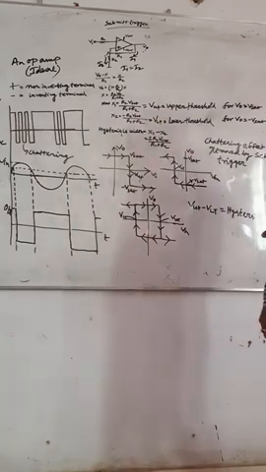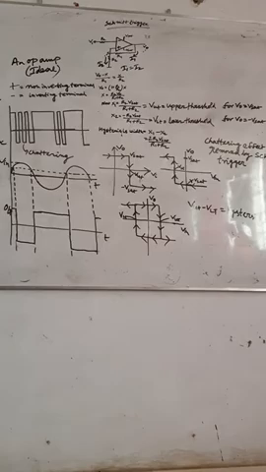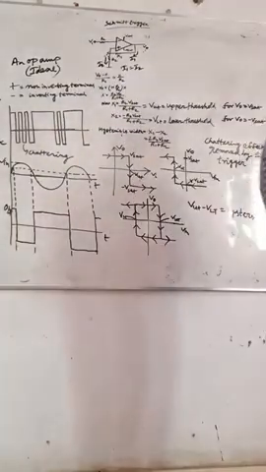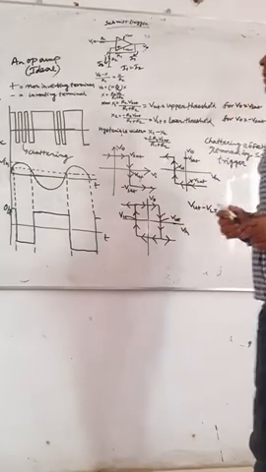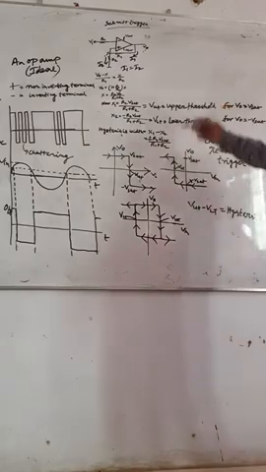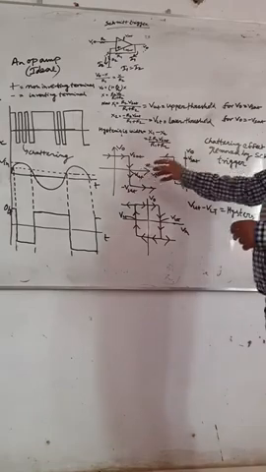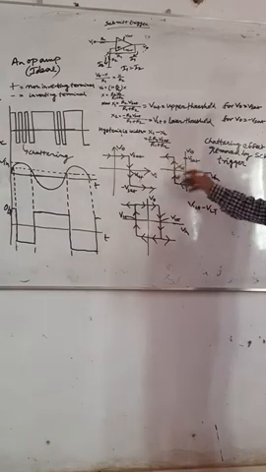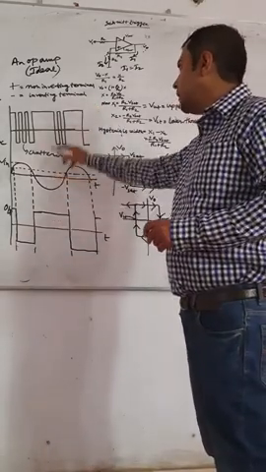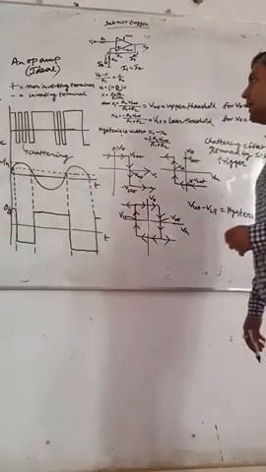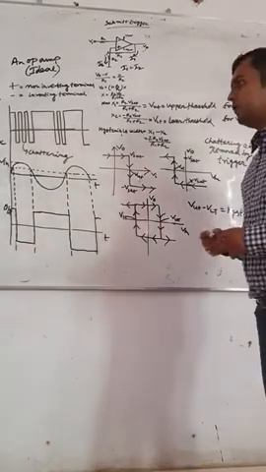So problems may not come in the exam, but you need to understand the concept of the Schmitt trigger. A short note may come: what is a Schmitt trigger? Write a short note on the Schmitt trigger. You first have to describe the op-amp, then the circuit diagram of the Schmitt trigger, then how to calculate the upper threshold voltage and lower threshold voltage, the curves for them, and the diagram of the input signal and the output of the Schmitt trigger. Also you have to show the chattering, explain why chattering happens, and explain how it can be removed by using the Schmitt trigger.